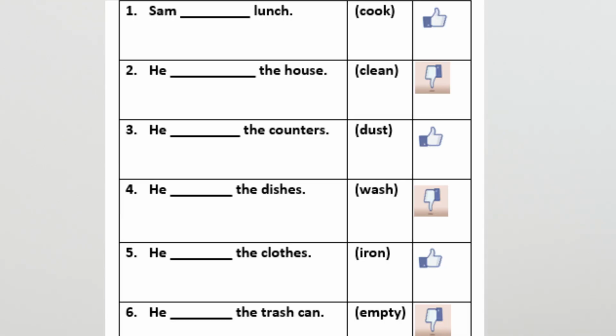Now, in a moment, you're going to see some sentences. I'd like you to look at those sentences and answer the questions correctly. Here you see 6 questions about daily activities or chores. You'll see the base form of the word, and next to it, you'll see a thumbs up for positive or a thumbs down for negative. Go ahead and see if you can write the sentence using the verb in the past simple tense, either positively